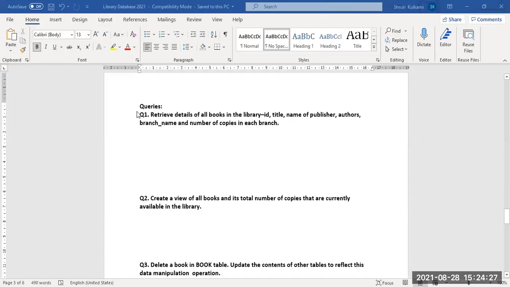What are the queries here? I have prepared the Word document itself. So the screen is visible completely.